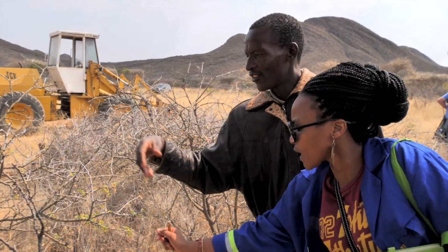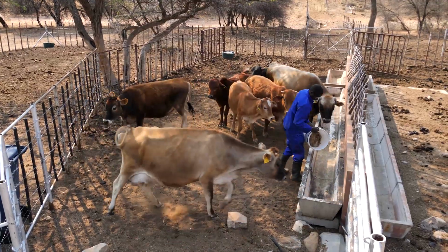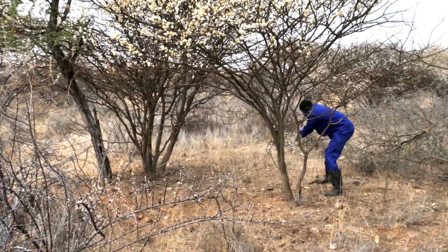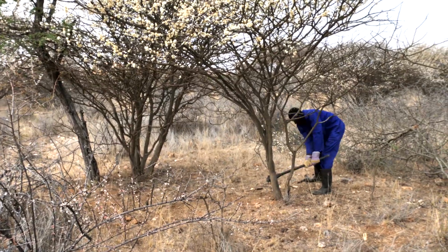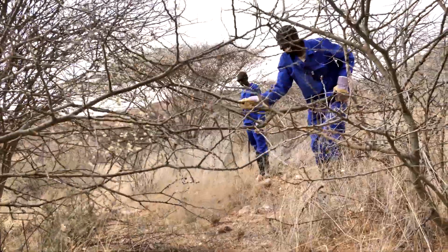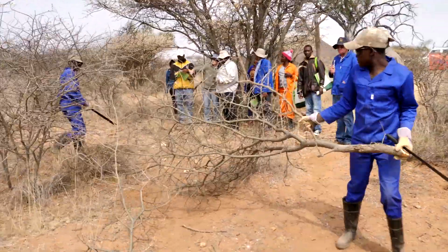Farmers in Namibia work in a very difficult environment. Feeding their livestock is becoming increasingly challenging. One of the main reasons is bush encroachment. Estimates are that more than 30 million hectares of Namibian rangeland are affected by bush encroachment, which is more than